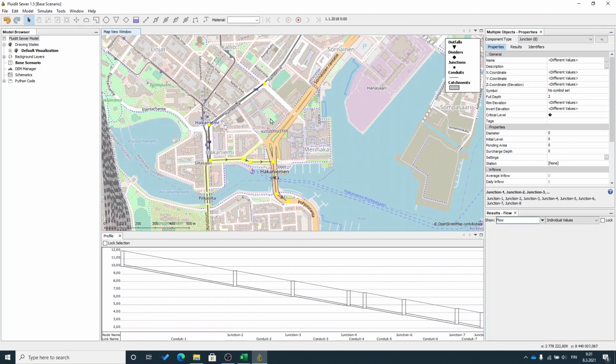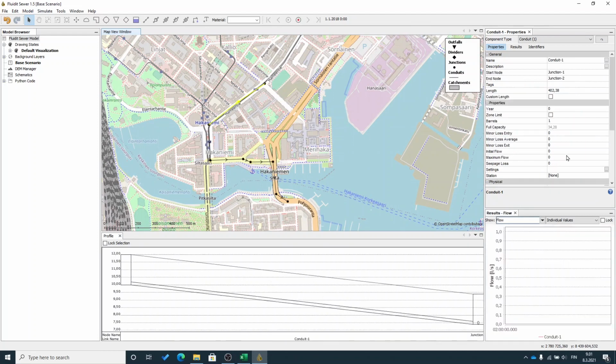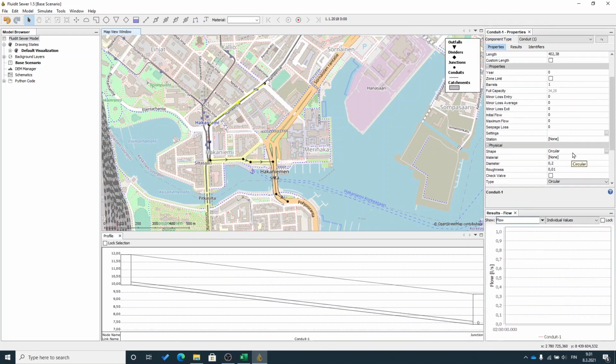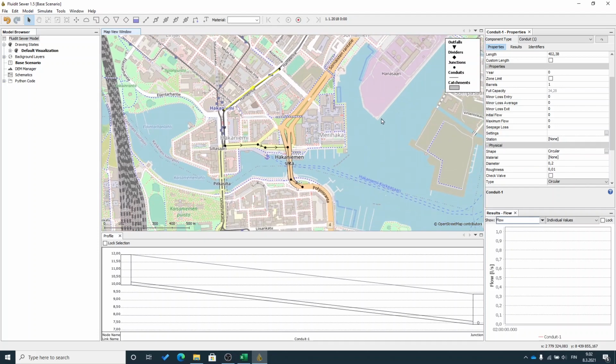Okay, then let's look at our pipelines. I didn't have any material specified for these, so they are in the template attributes. What I would like to do is to put some type of proper material to those. So first